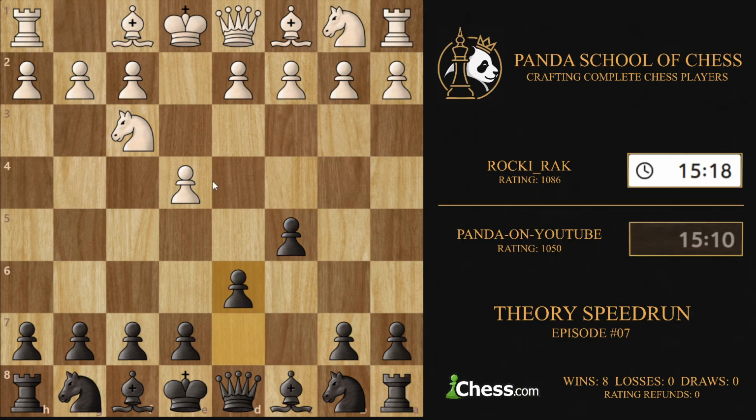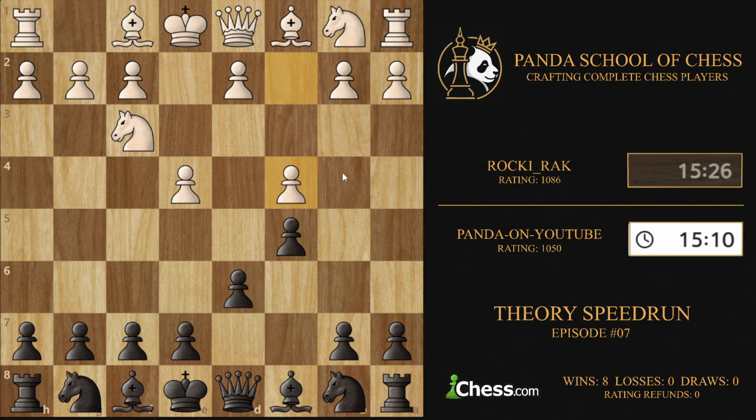Knight f3, d6. I hope to see the move pawn to d4 here, hoping that it would be the first proper Sicilian Najdorf of the series. But then we face the move pawn to c4. Now, I played the move knight to c6, which is, you might argue, a little bit inaccurate in this position